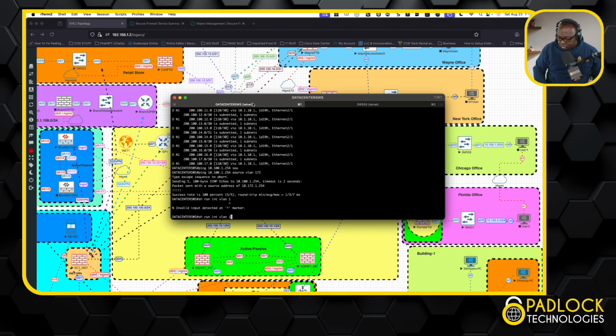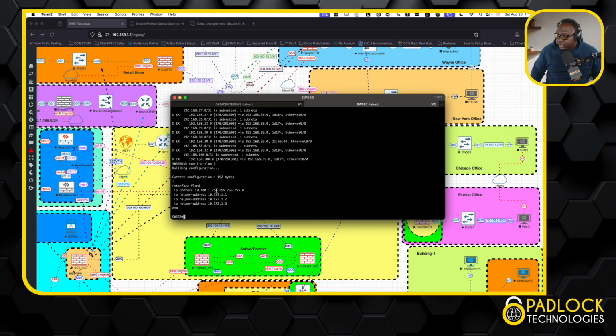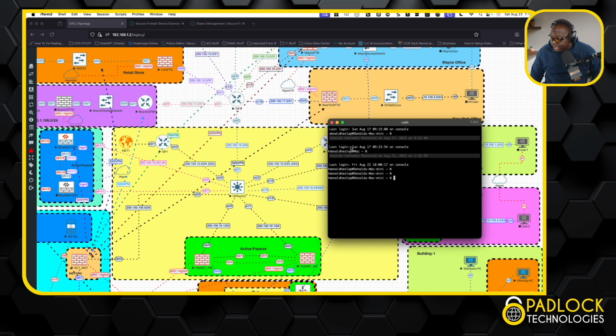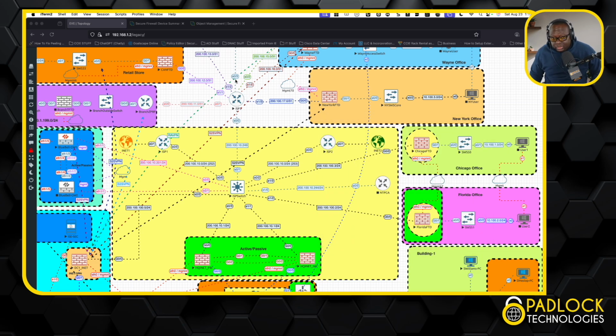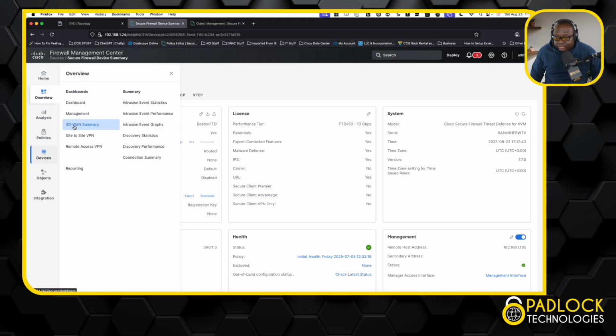Oh, wrong. There we go. So I pinged from here to Chicago, VLAN 1, and that went perfectly fine. Now, that's the SD-WAN fabric topology in a nutshell, but the last thing I want to show you is they have a specific menu for SD-WAN. So if you go back over here and you really want to take a look at it, and it's a cool menu, by the way, you go to Overview, SD-WAN Summary,